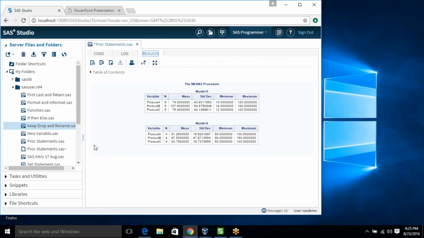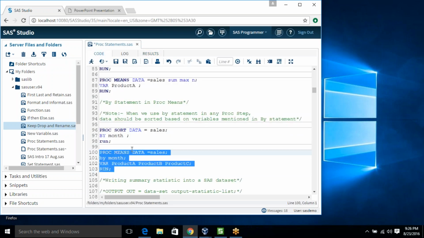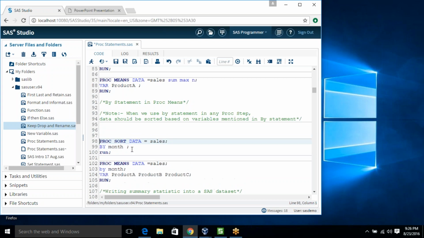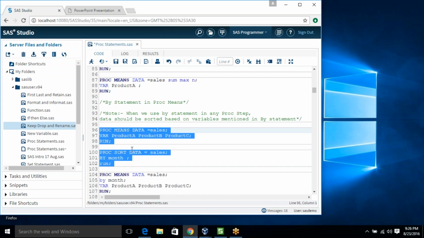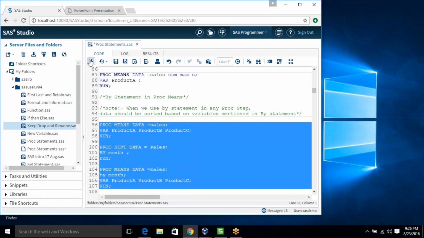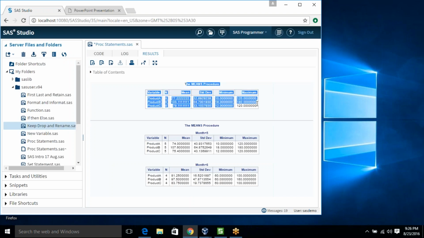The first one is giving you the overall level where I did not use any BY statement. So at overall level, your average is 77. But when you're looking at the month level, for month 5 it is 74, for month 6 it is 81.